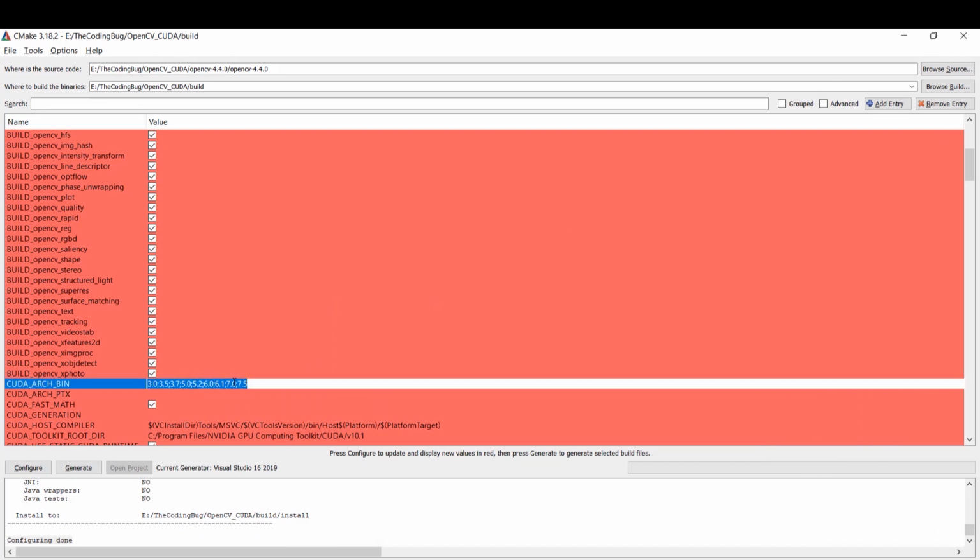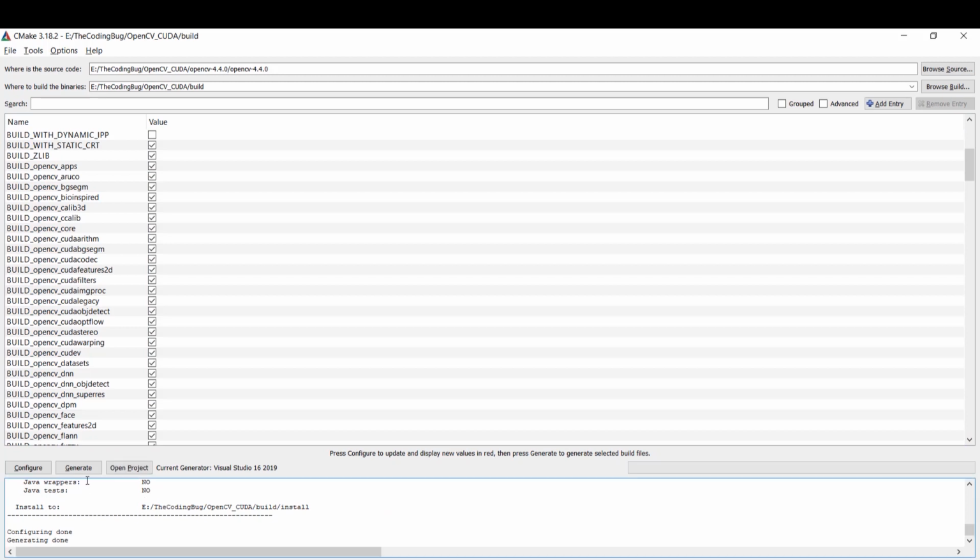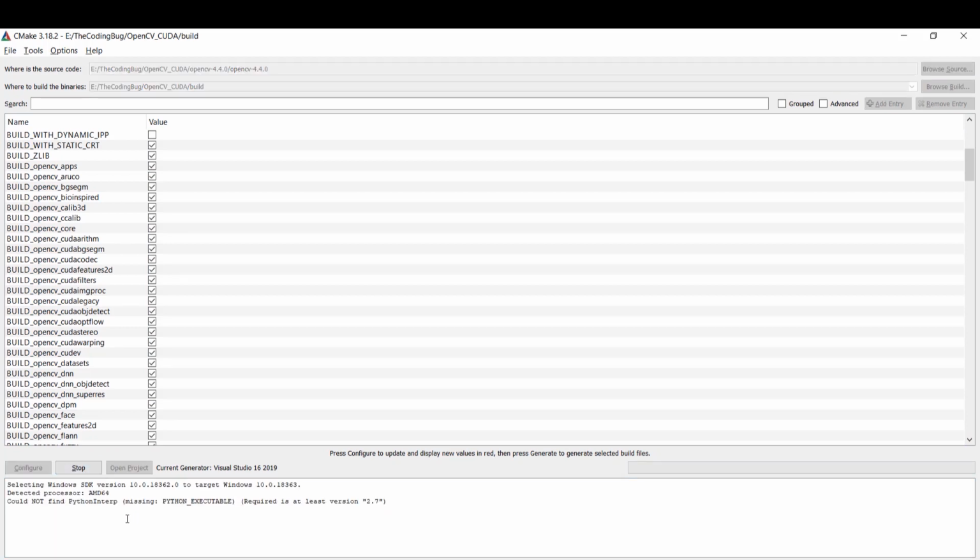Refer back to the Wikipedia page for CUDA. My model of GPU had support of architecture version 6.1, so I will remove all other versions from CUDA arch bin and hit on configure once more. You should do this as per your version of compute architecture. When that's done, click on generate.